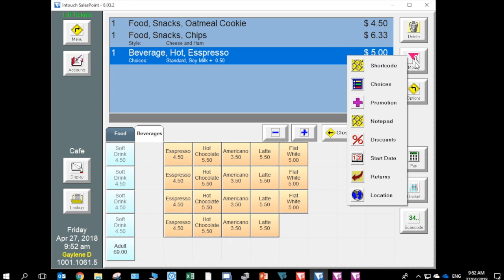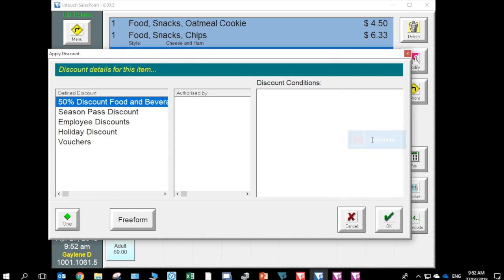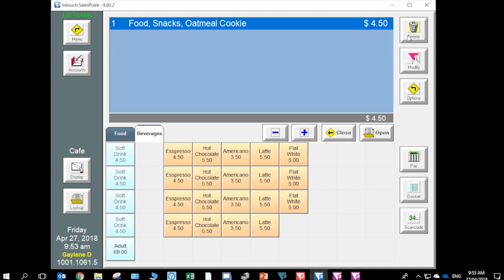Discounts can be applied by clicking on the modifier button and selecting discounts. These discounts are controlled by rules that are configured in the system, so only discounts that are allowed to be applied by the operator are displayed, and only discounts that apply to products in the sale are displayed. Another way of applying a discount